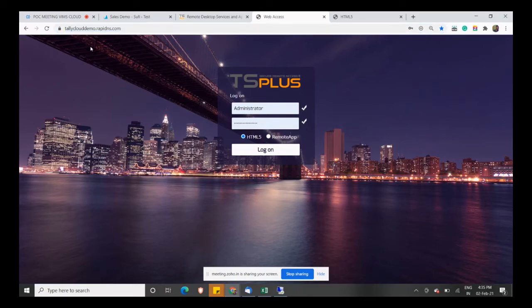If you already have any domain name, you can create any subdomain name and add a dedicated IP address. So the server can also be accessed through a branded URL. As you can see, there is a padlock with a secure connection. TS Plus is a third-party tool, so we can also give you this solution, and we can also train you during the onboarding.